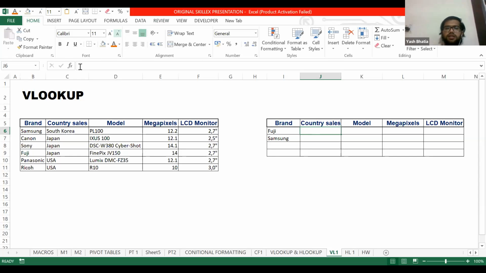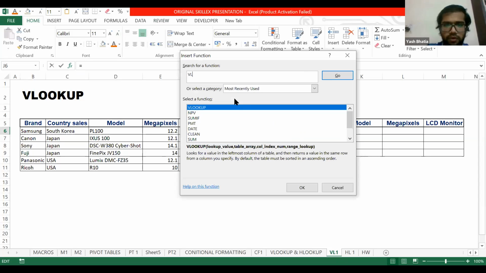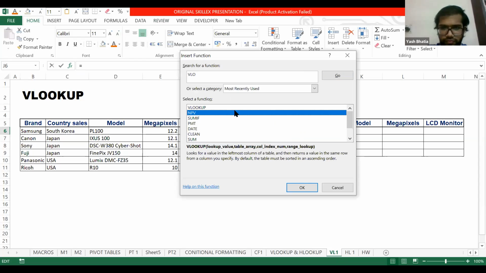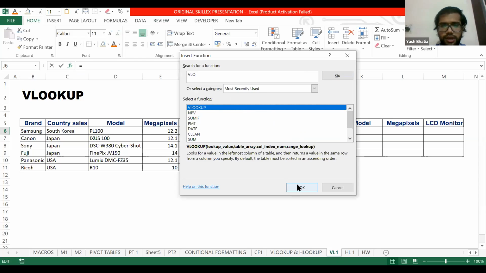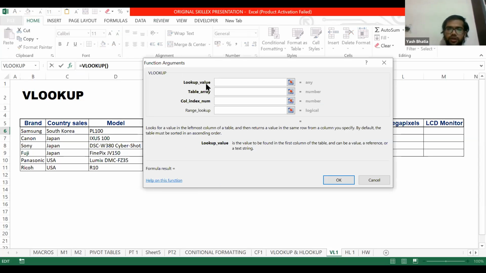First, let's understand what the arguments of the VLOOKUP function are. I will type VLOOKUP here. Select OK. You can see there are 4 arguments for this function. First one is the lookup value. It's the value which needs to be found in the left table, or it's a basic value over which all our calculations or formula is based.